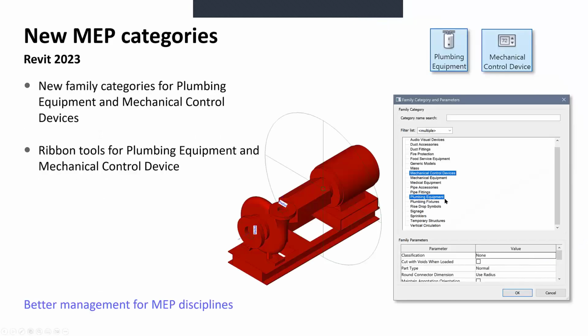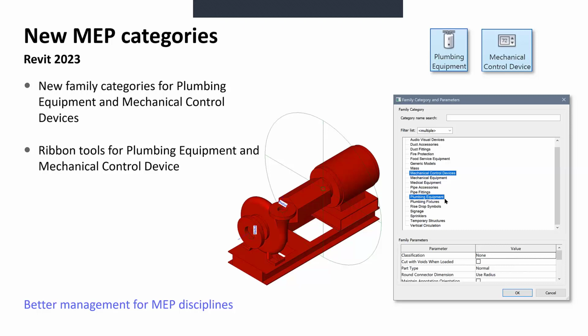All right. So the first thing I want to talk about is new categories. Right. So in 2023, we finally have a plumbing equipment category. For the last 15 plus years of Revit MEP, we've had to use the mechanical equipment category for plumbing. So now there's a new plumbing equipment category. There's also a new mechanical control device category for your thermostats, your humidistats, or temperature control devices, or things like that, that may have been on like